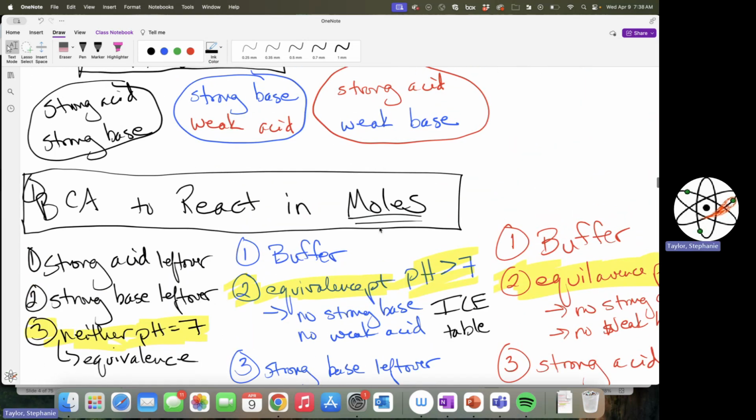Taking a look at the strong base, weak acid, and the strong acid, weak base, the first thing is the same on both of those, which is a buffer. So those two, at least, if you are before the equivalence point, if your react in moles tells you that you have both,